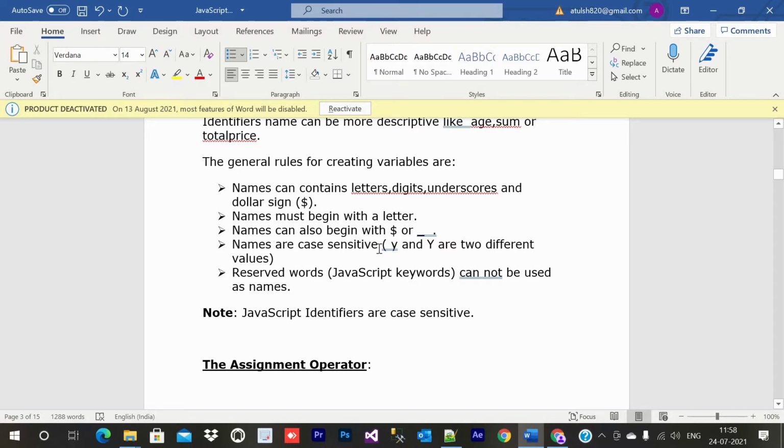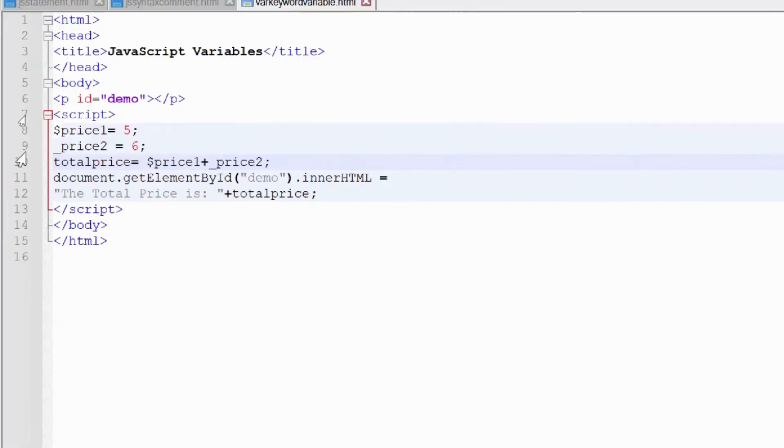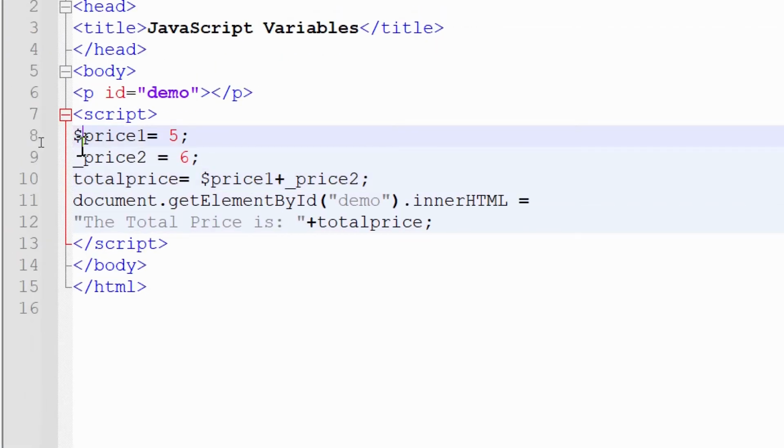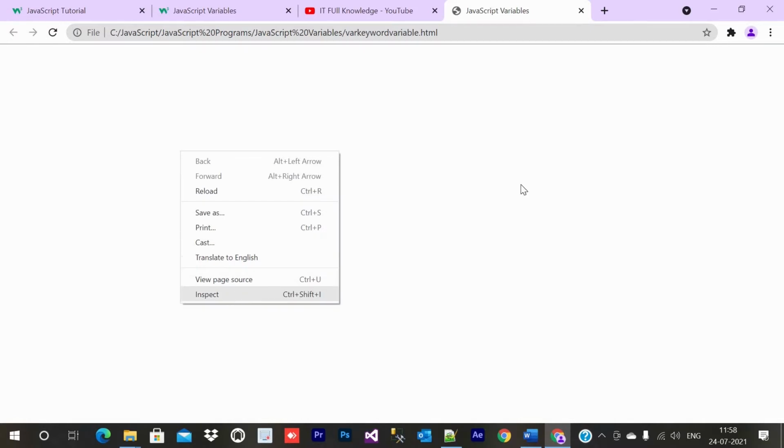Names are case sensitive, so y and Y are two different. Reserved words cannot be used as names. Let me show you. If I write 9price1 here, so instead of dollar if I place 9, this will not run, this will give an error. The output is not coming, that means an error is coming.